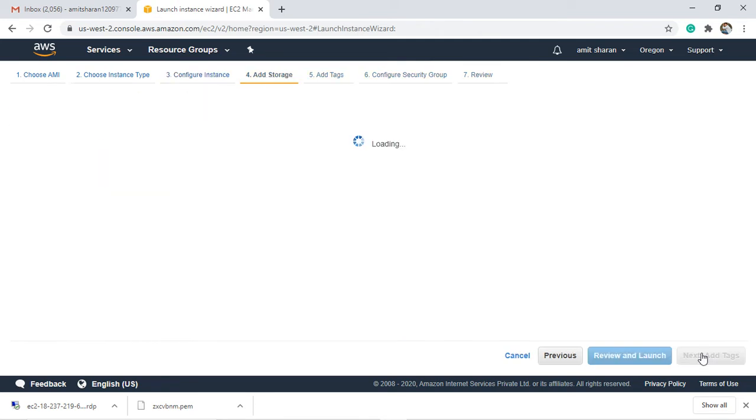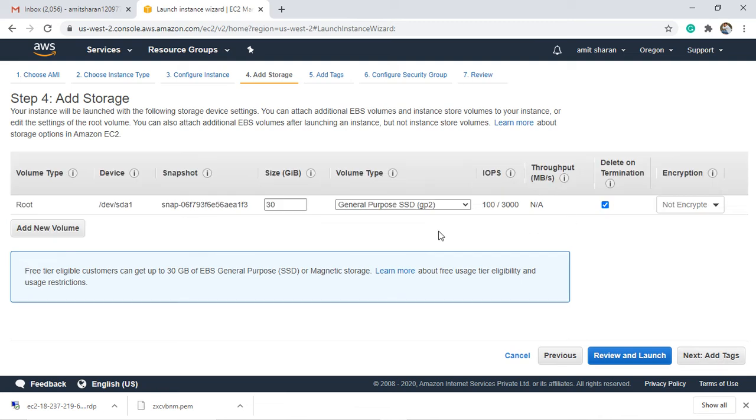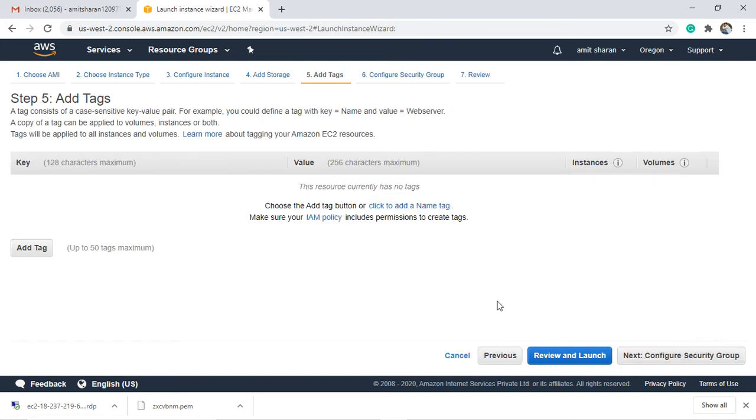So go to the next, add storage. In storage we can see that the free tier has only 30 gig, and the free tier has general purpose SSD. So go to the next, tag.